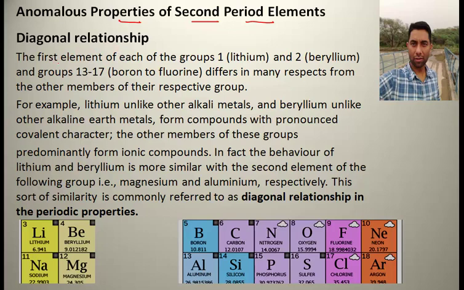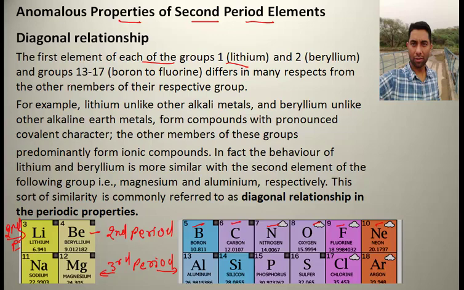The first element of each group, that is lithium, as shown in the diagram, then beryllium, all of these belong to the second period. Then boron, carbon, nitrogen, oxygen, fluorine, neon. So second period elements are given, and along with that, third period elements are also shown. Now these second period elements, lithium, beryllium, then boron to fluorine, we are excluding neon, the noble gas,